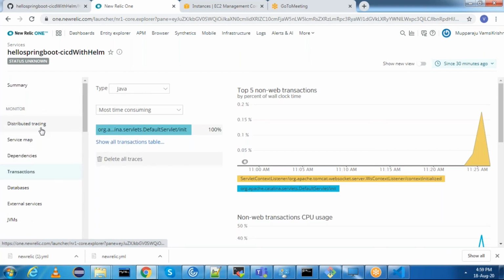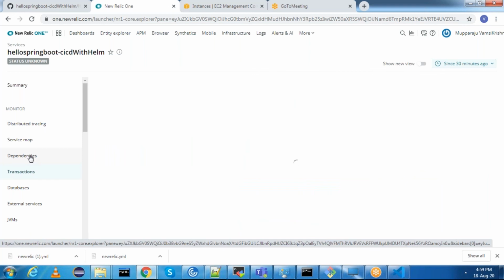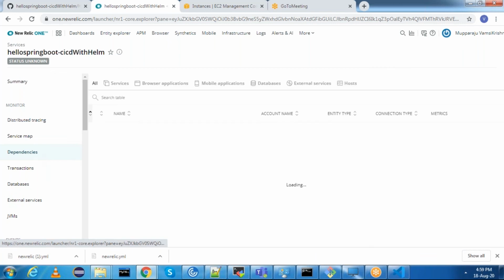Okay, we have seen distributed tracing, and we have seen Java virtual machine, and we have seen transactions as well. If you want to see dependencies, click on dependencies as well. We can see the dependencies present for this application.